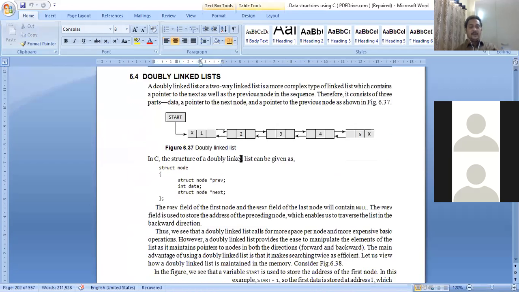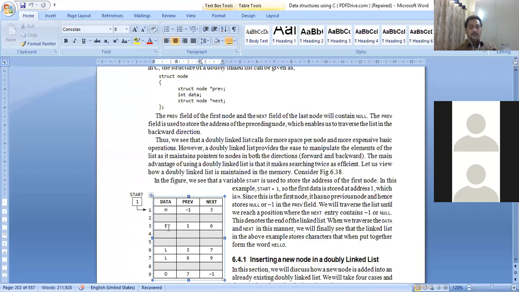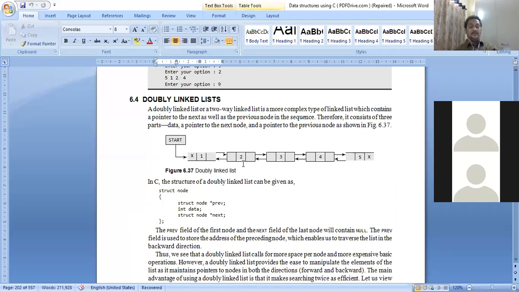Then what is the next node, that is at 2? What is in 3? The data is E. And the previous node for 3, that is, for node 2, the previous node is 1, sir. So what is the value that is kept here? 1, sir. And what is the value that is kept here? 3, sir. Just like that, the previous node of 3 is 2, and the next node of 3 is 4. The previous node of 4 is 3, and the next node is 5. The previous node of 5 is 4, and the next node of 5 is